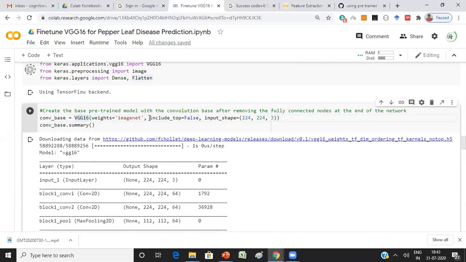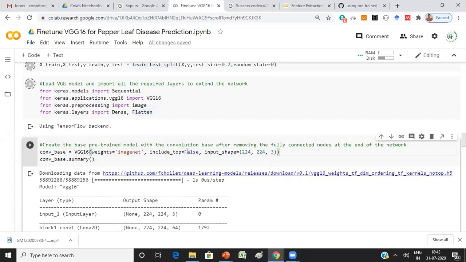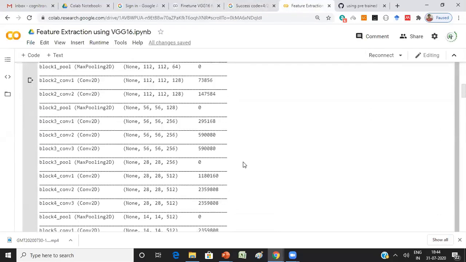And then in addition, you need to pass one parameter called include top. Include top could be either true or false. If it is false, what happens? It will remove all the densely connected layers. I hope you are familiar with this VGG16 model.